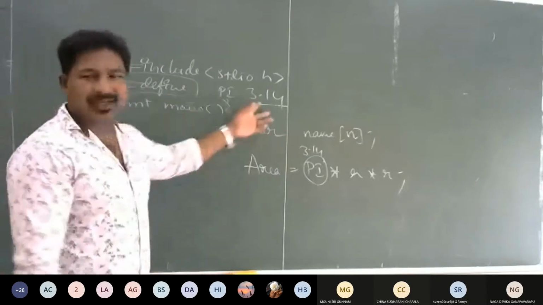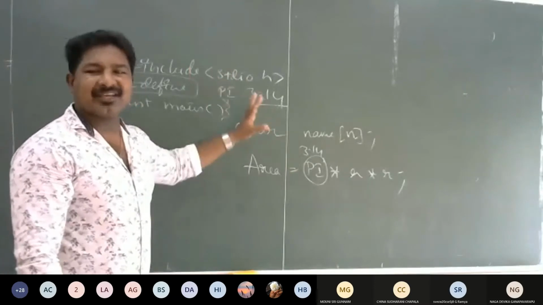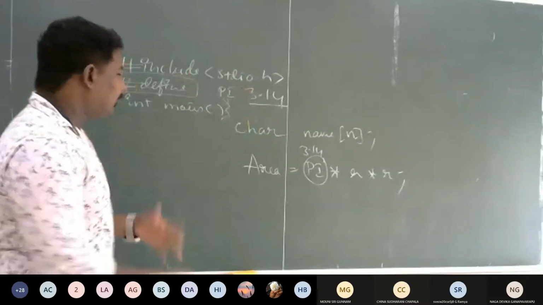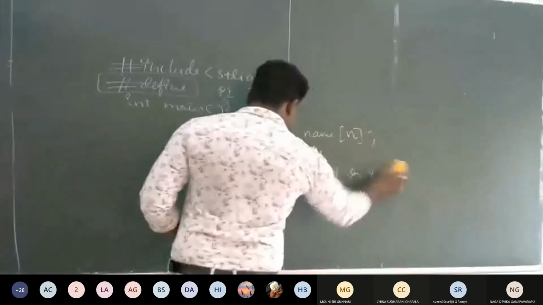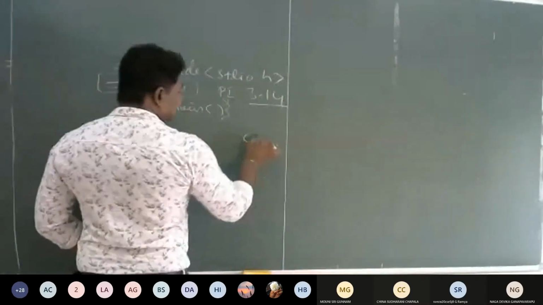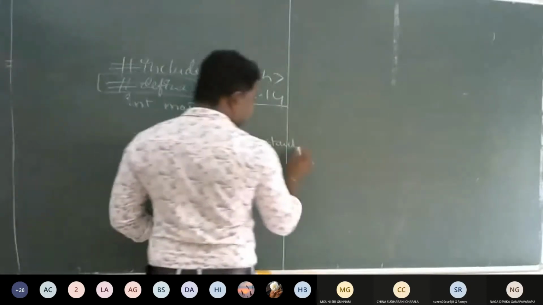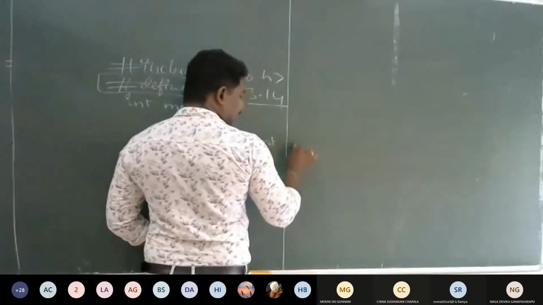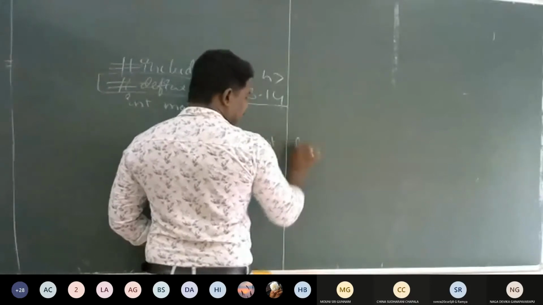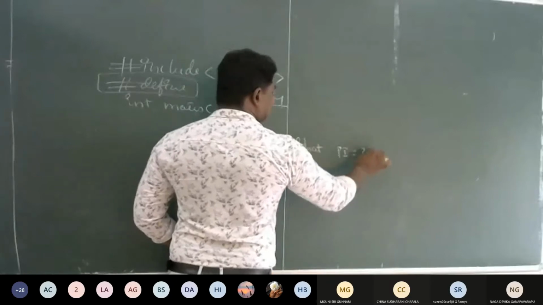Such values which you don't want to change can be created with the hash define. How can you create this pi in another way? You know this, right? By using the keyword const. If I don't want to use hash define, I can use const float pi 3.14.